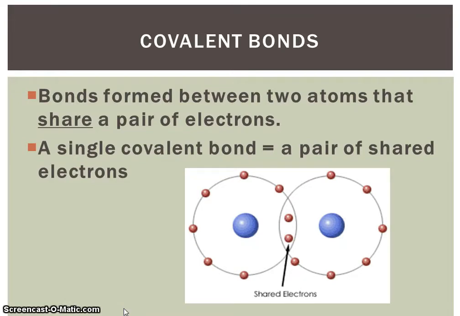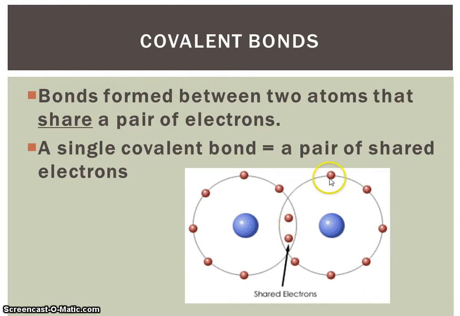So a covalent bond, instead of one atom giving its electrons to another atom, they're going to share. So this is the nice way to bond. It's going to happen with two atoms, and for each pair of electrons that's shared, we call that a single covalent bond. Okay, so you can see here we have one atom that has 7 electrons in its outer shell,